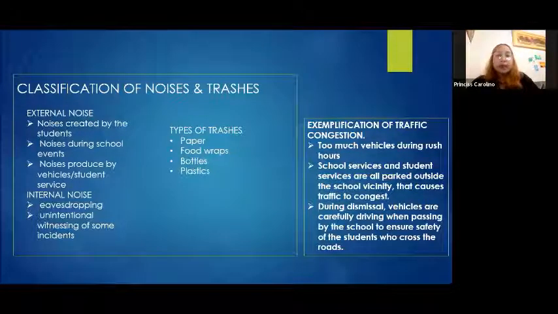So we have eavesdropping or unintentional witnessing of some incidents involving students. For example, eavesdropping: your house is in front of a high school and then you heard a group of students talking about something. Di ba? Pag narinig mo 'yon, mababother ka lalo kung kilala mo yung pinag-uusapan. So that could be an internal noise kasi nasa loob mo na yan. So baka worried ka or you might think, kilala ko yung pinag-uusapan nila, sabihin ko kaya. Ganon. So whether intentional or not, when you eavesdrop, whatever you have heard can be disturbing